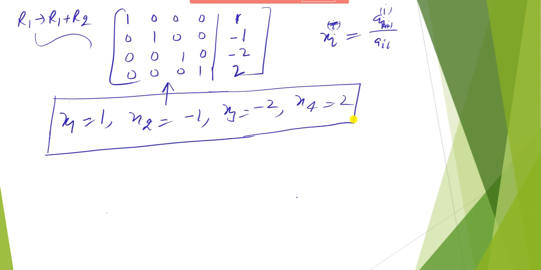So in this lecture, we computed the solution of a system of linear equations with the help of the Gauss-Jordan method. But if the number of unknown variables is more than 4, then it is more complicated to compute the solution manually. Then when we compute the solution of such a system of linear equations, we apply a programming language.